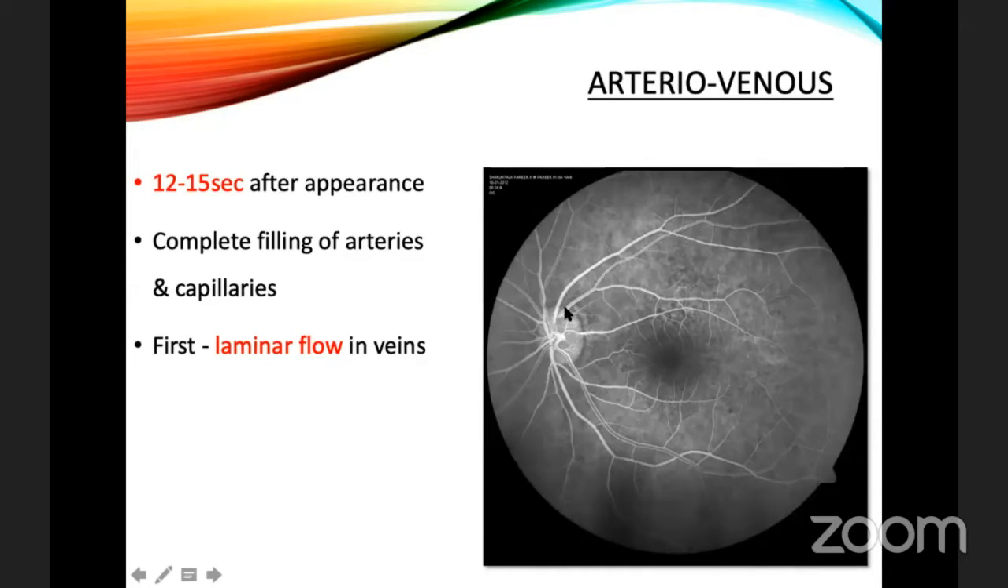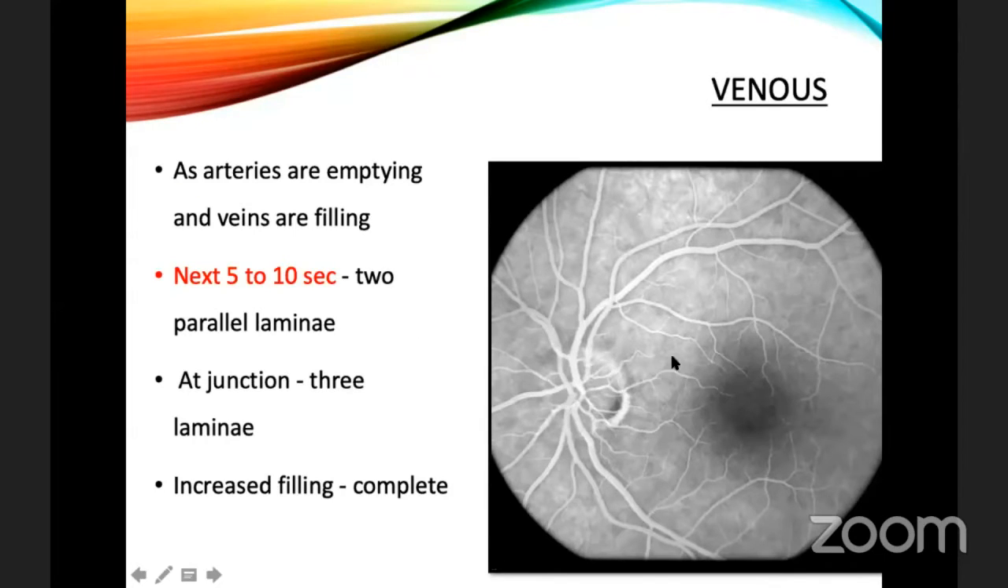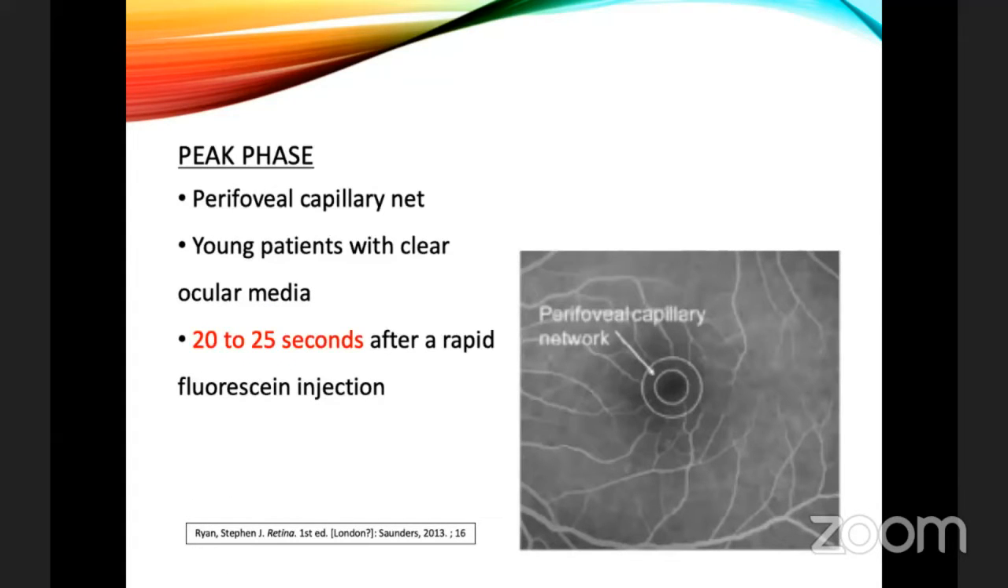In the arteriovenous phase, we can see laminar flow in the veins. This means the arteries have filled, the capillaries have filled, and the veins have just started to fill. In the venous phase, we can see the whole of the veins filled. The peak phase is approximately 20 to 25 seconds after a rapid fluorescein injection. This is very important as the perifoveal capillary network is highlighted, and